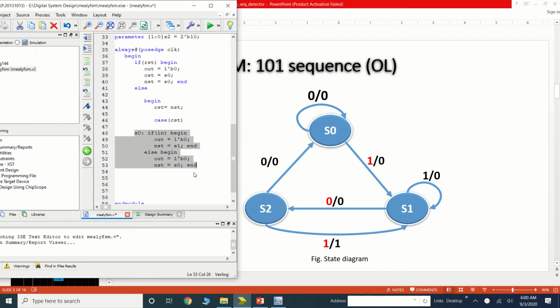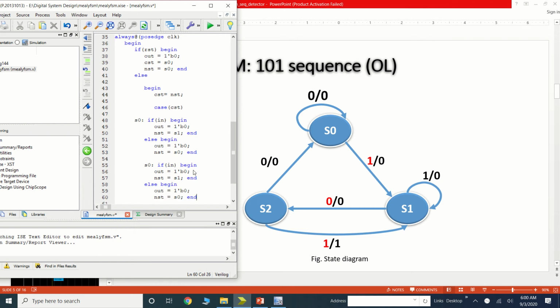So I am just making a change in this for the different states. Let's say this is my S1 and this is my S2 state. Now let's see on the right hand side, in S1 when the input is equal to 1, output is 0 and it would stay in the S1 state. The next state is S1. When we are at S1 and the input is equal to 0, it will move to the next state S2. So here the next state would be S2 and again the output would be 0.